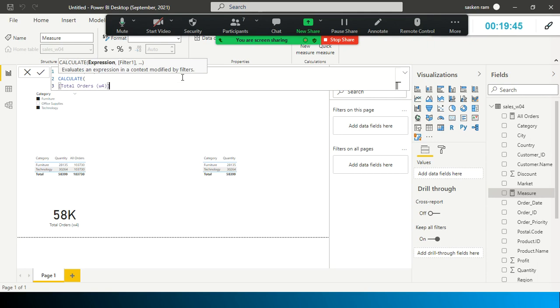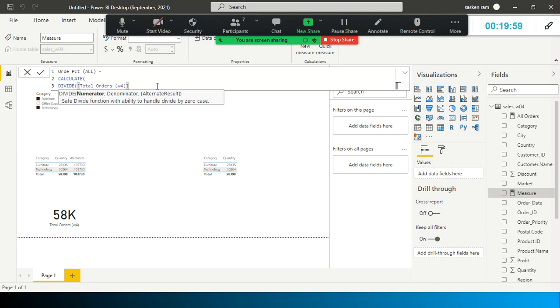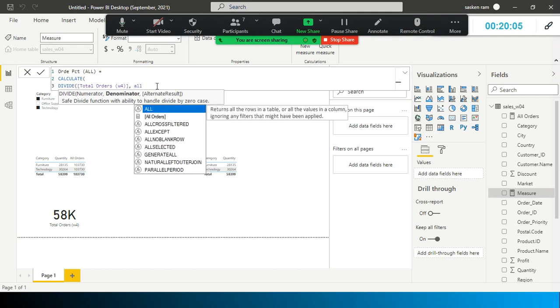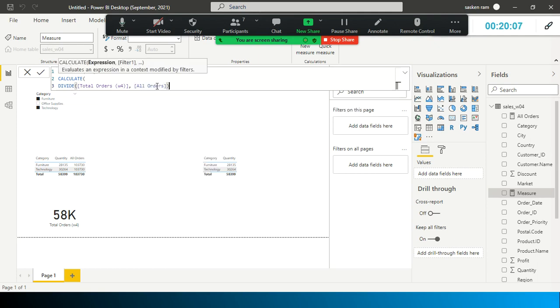Here I am going to use a simple function called DIVIDE. Divide each and every value by the overall value. For this, comma, All Orders. See, All Orders, right?